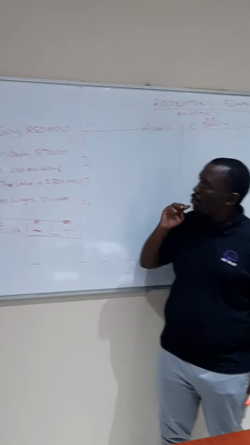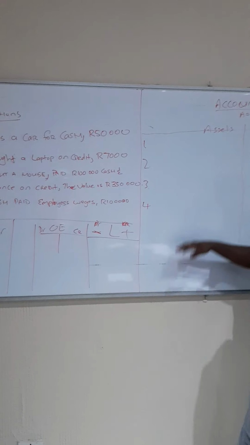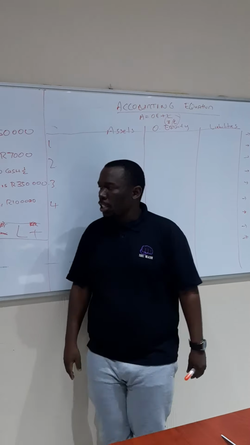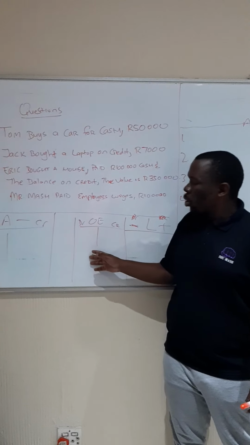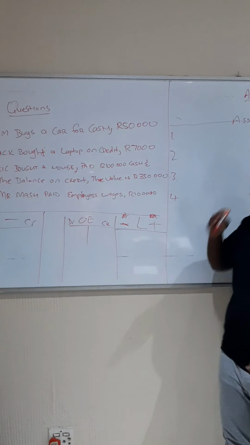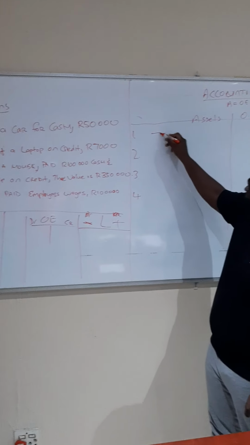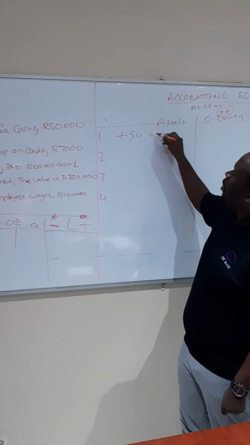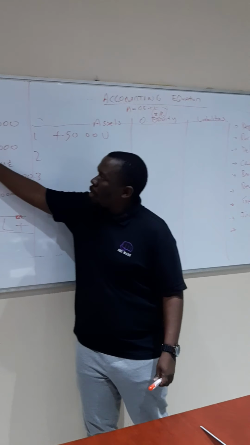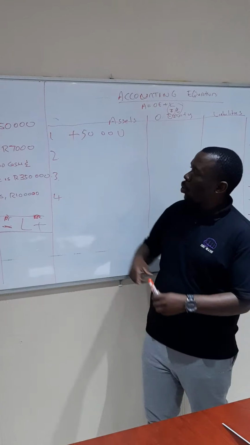So the question becomes what is the car? Is it asset, equity, or liability? Remember when we defined asset, we said assets are what we own, equity is what we have, and liability is what we owe. So the car is something that we will own as a company, which means it's going to be a plus 50,000 for our assets,